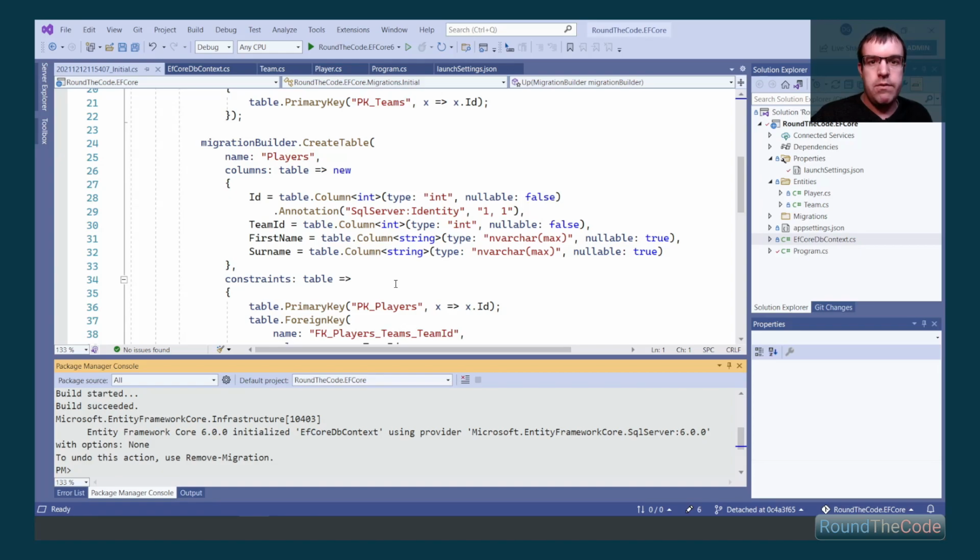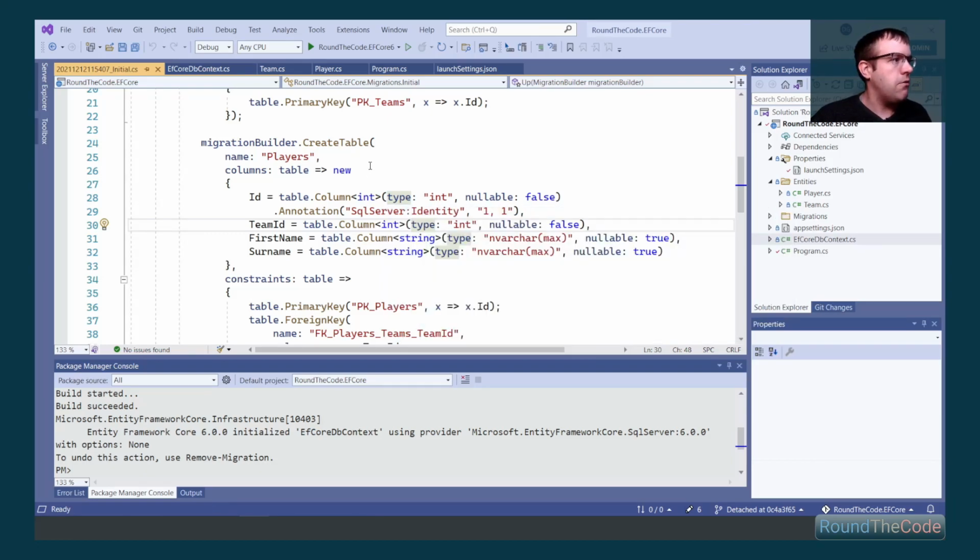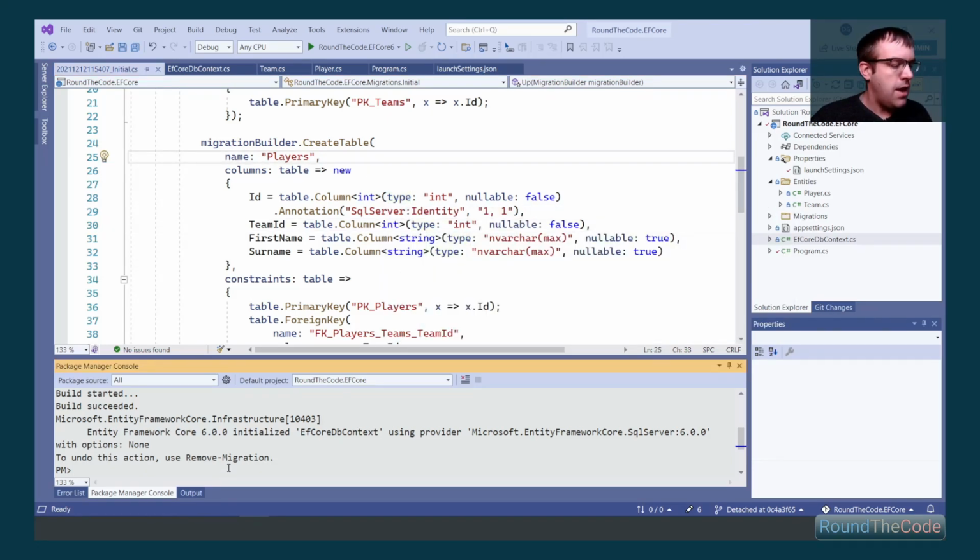Now what we can do with Entity Framework Core 6 is we can go ahead and actually create an executable. And this is handy for things like DevOps. We can actually run the executable to update our database rather than run a PowerShell script. So the way we can do that is within the Package Manager console again, we can go to bundle,